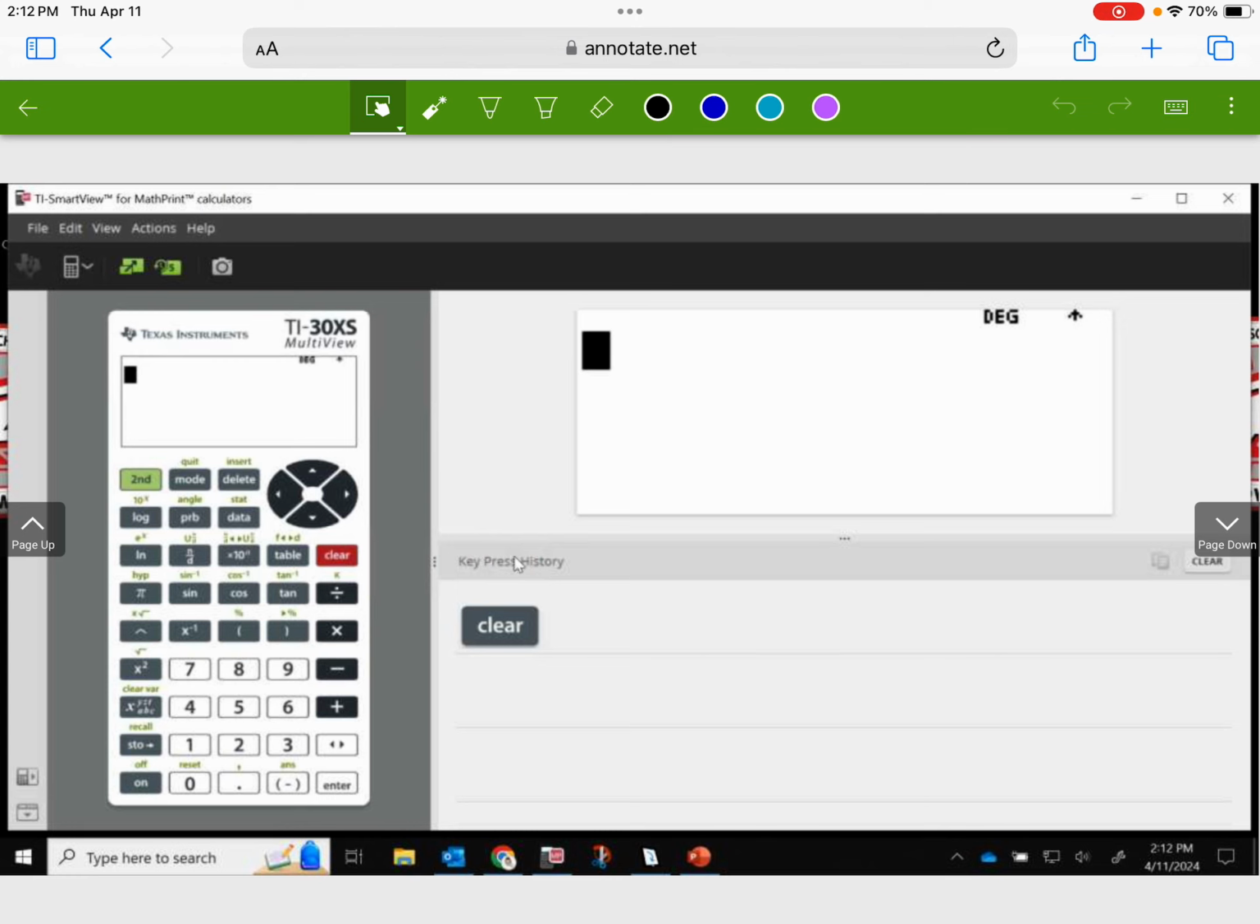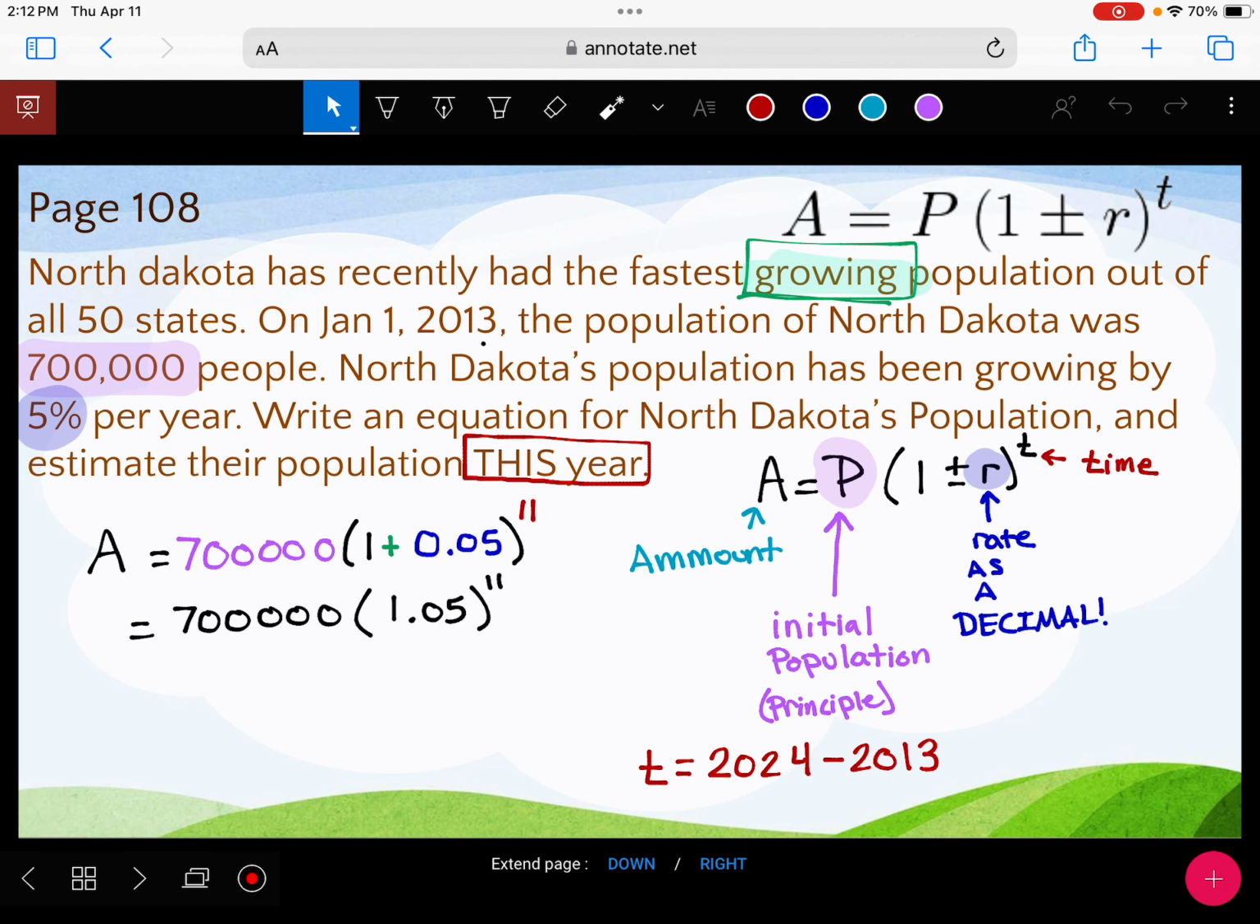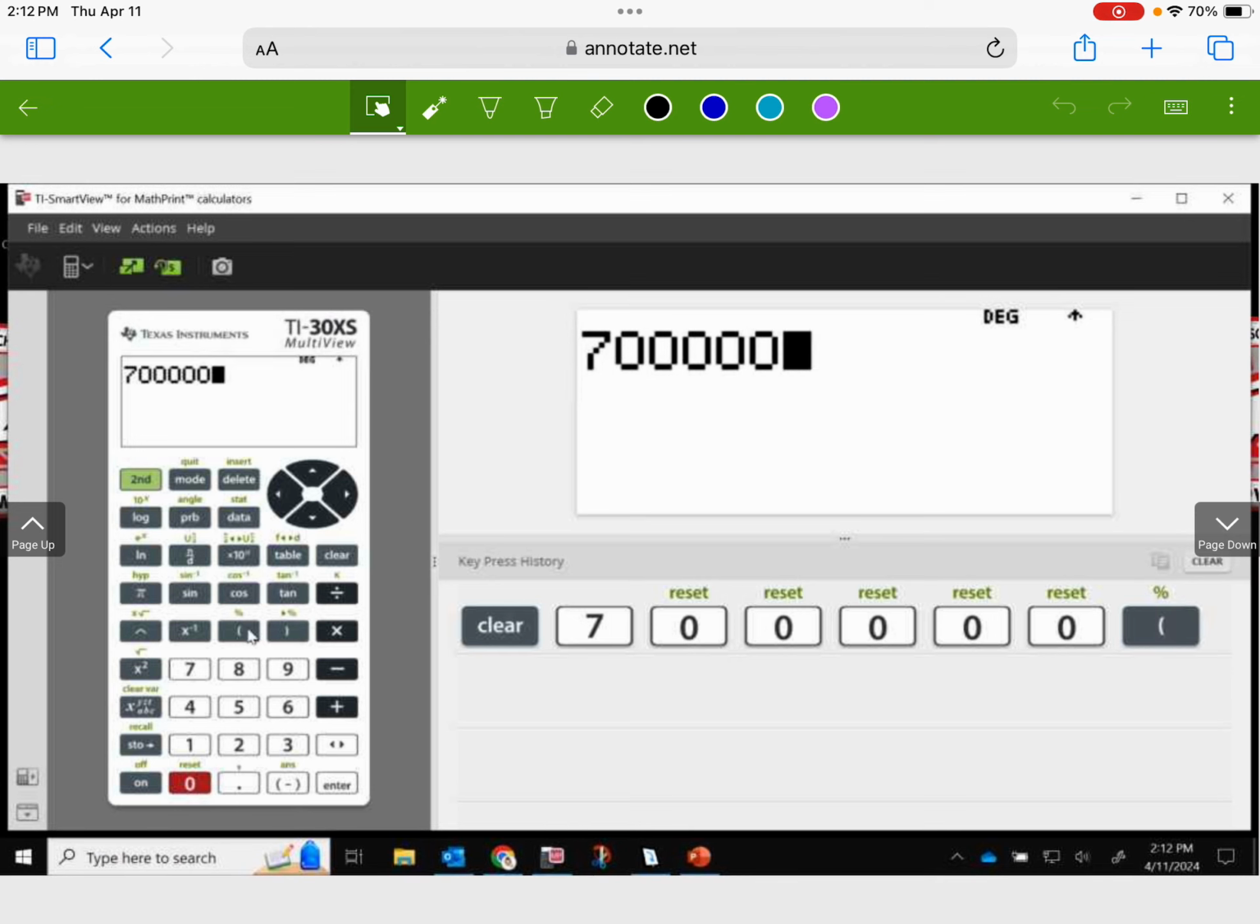And we're going to do that. We're going to do our 700,000. Make sure you're getting enough zeros in there. Yep, I got them all. And we can write it exactly the way we have it here. We don't have to switch it to be multiplying. We can just put it as parentheses. So we're going to do our parentheses,